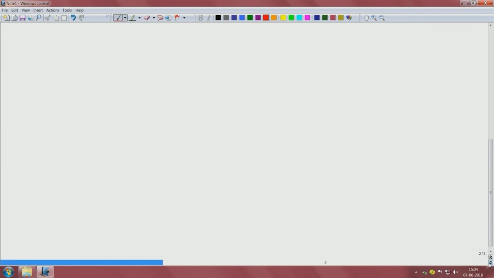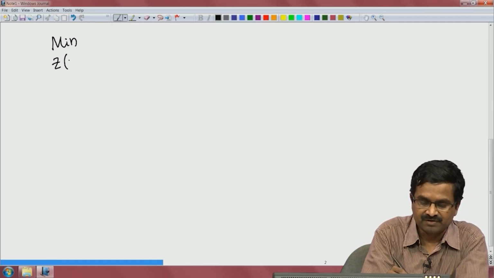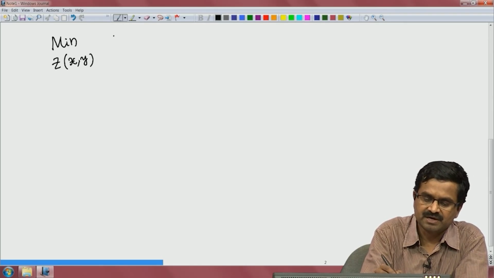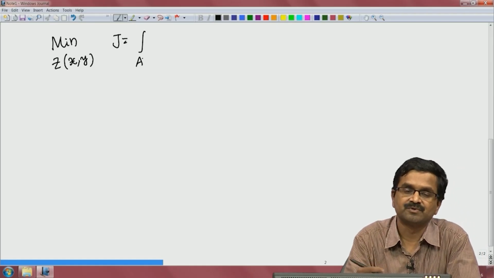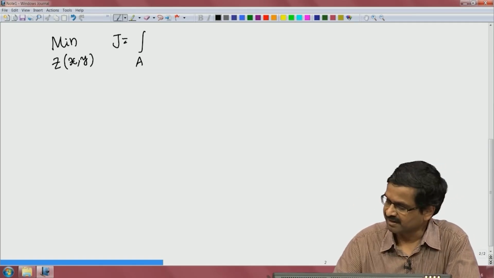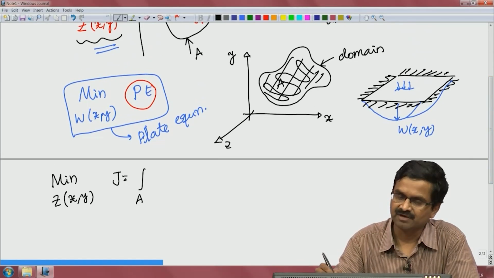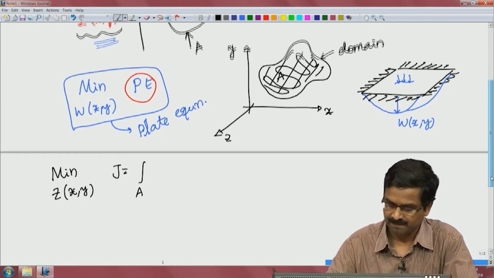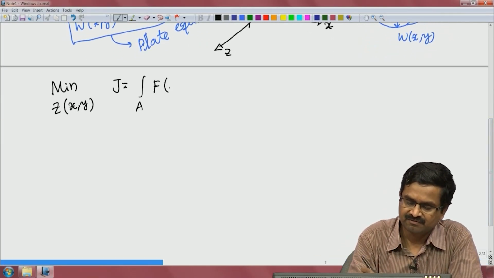Okay. So, let us start by writing out the problem from first principles, like we had done when we had only y of x. Now, we have J equal to the integral over some area. I will not write x1 to x2, y1 to y2, that is good for rectangular domains. But if I write area A like this, it can be any arbitrary domain such as the one we have shown here. Okay. So, I minimize this and I can write my integrand first in terms of z,